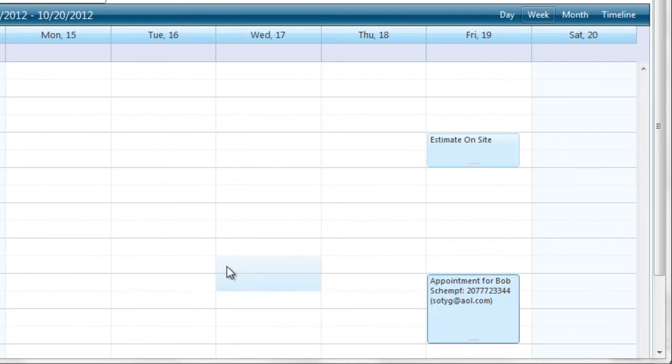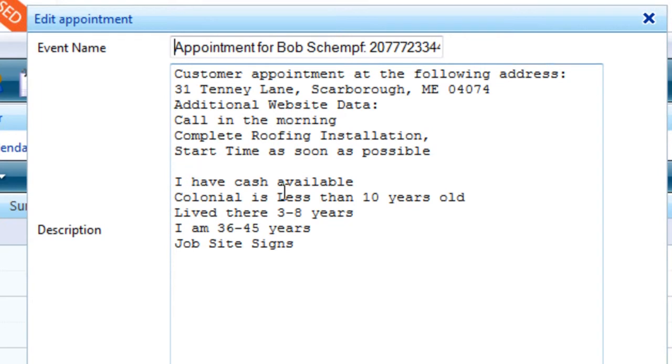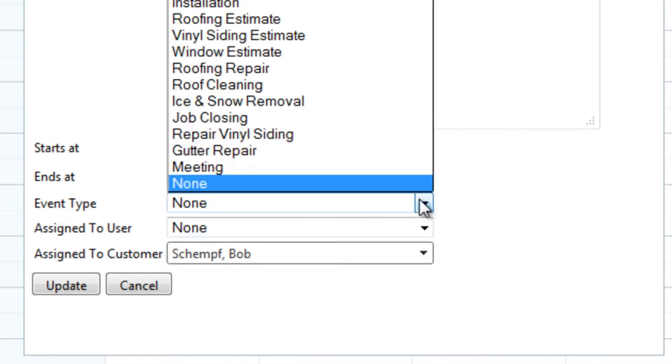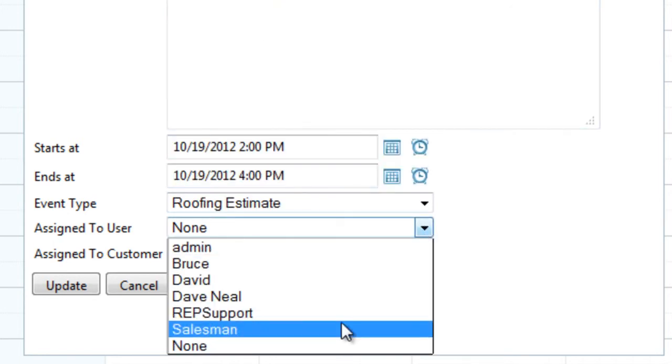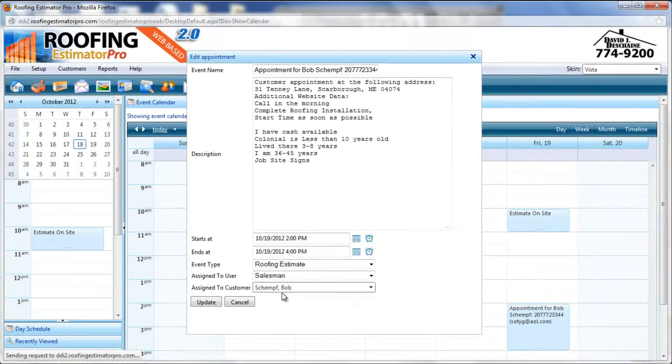So I can double click on the record, and I will see additional information here. So I can tell where the appointment is, the address, some additional stuff that was filled out on the website, and I can see all of that information. I can see that the appointment is from 2 to 4. At this point, I can actually assign this appointment record to be a roofing estimator type, and I can assign it to a person on the team and hit update. Now I've automatically got an appointment, and this also data entered all of the information about the